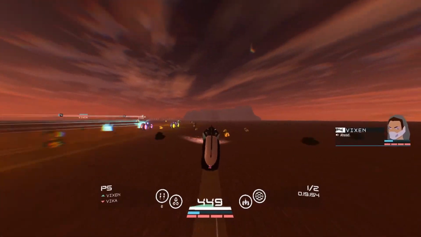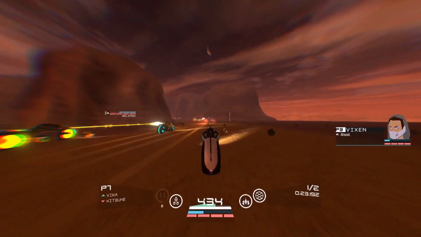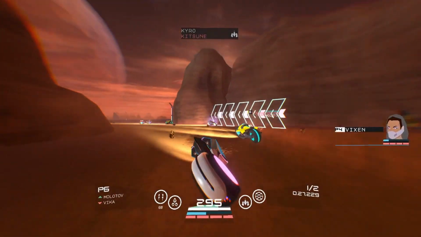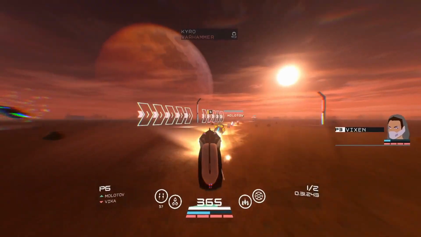So the first one's the light ability, so I've got a bit of a Gatling gun. Just going to reload a sec. This is a direct fire weapon. It's very light damage, but it's quite accurate, and it's good for finishing off the pilots. I'm trying to fire